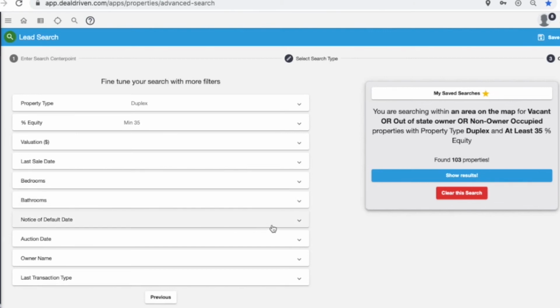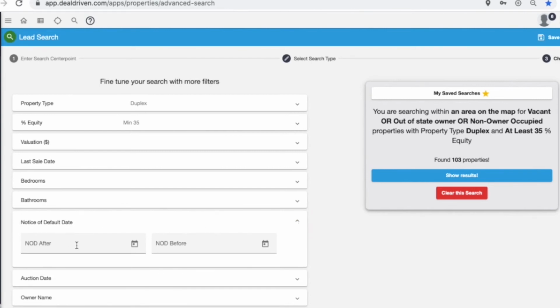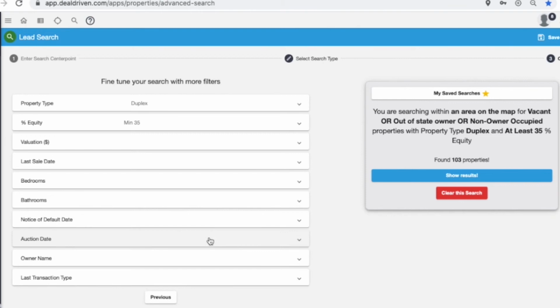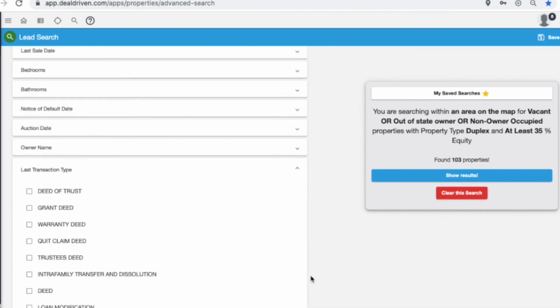Notice of default. Notice of default is in reference to pre-foreclosures. If you want to know when the notice of default was actually put into place, you can go ahead and click on this and find out when the notice of default was. The next thing is auction date, which is tied into the pre-foreclosure, so you don't really have to worry about that. And then if you know owners' names or the last transaction type,